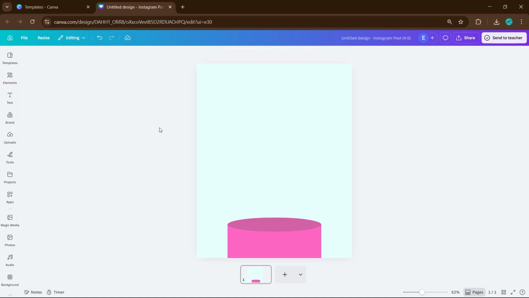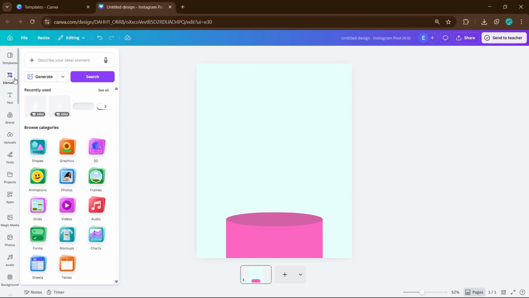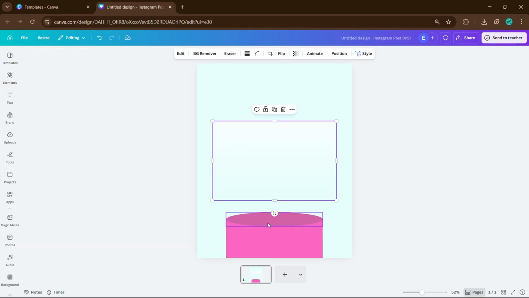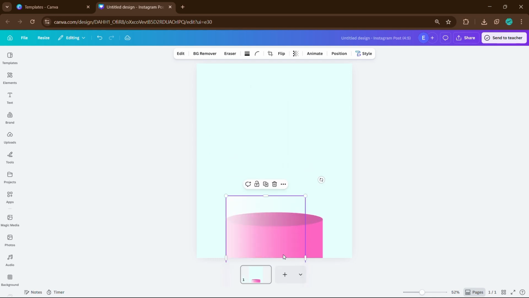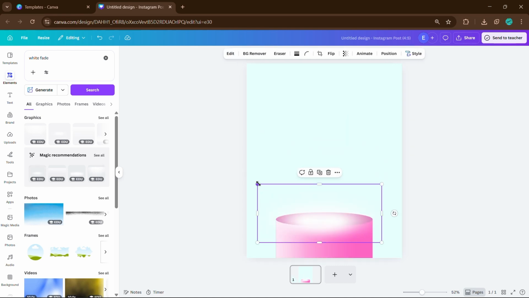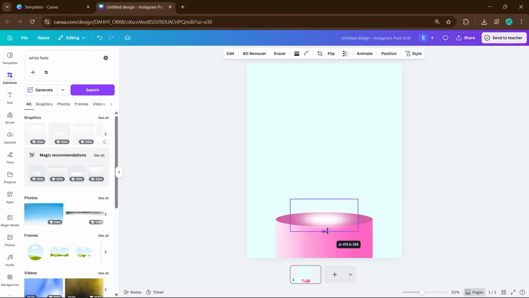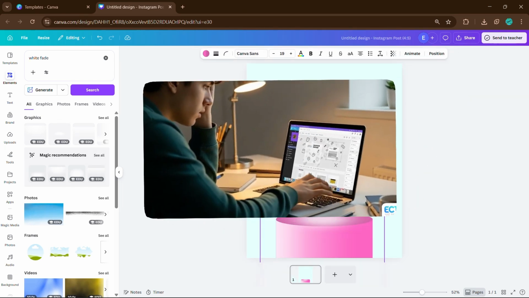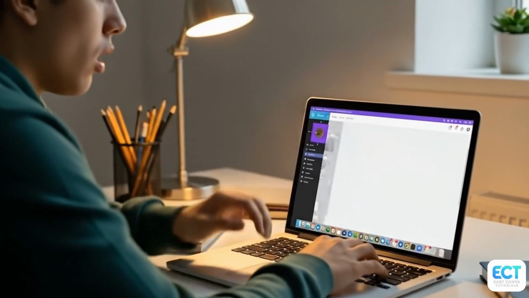Next, let's add some depth to make the design look more realistic. Head over to Elements and search for White Fade. Choose one, resize it to match the body of your cylinder, and place it between the body and the top shape. Then go back to Elements and search for a white circle shadow and place that on top of the platform to simulate lighting. Once your platform is done,